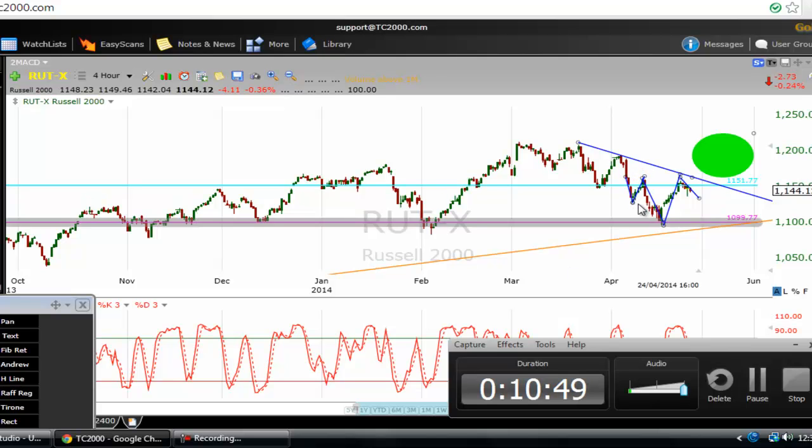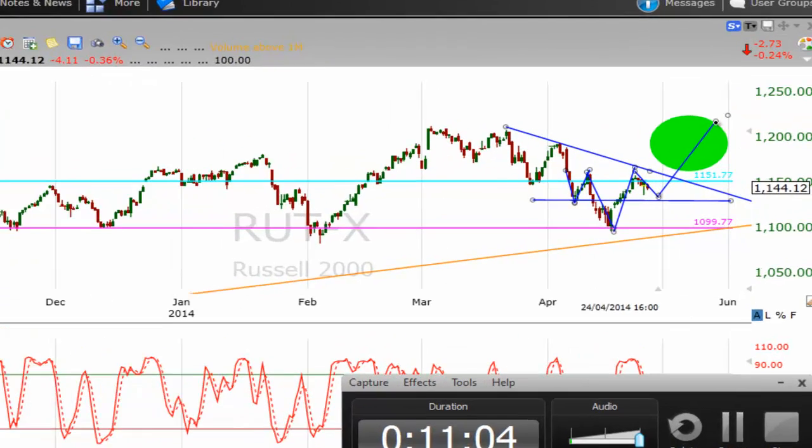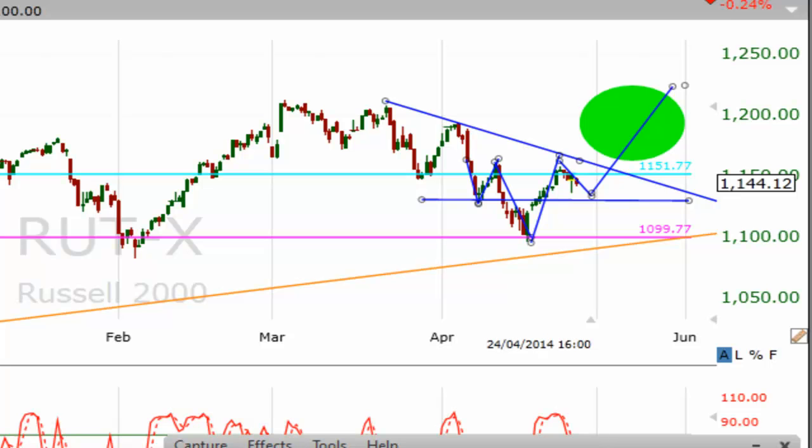So straight away they say, okay, it's going to form a head and shoulder pattern, an inverted head and shoulder pattern. They will say, this is the left-hand side shoulder. So now it's going to pull back near this line. And then, if you find a support, you're going to go up like this. It's not that we're going to discount these people, because it would be arrogant for us to completely ignore traders that are analyzing the Russell 2000 like this. So they will say, after the inverted head and shoulder pattern is completed, boom, the target will be at